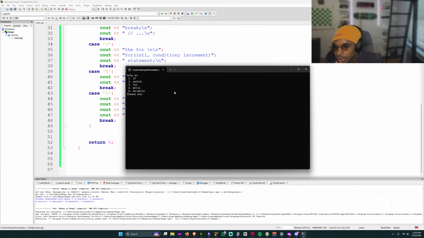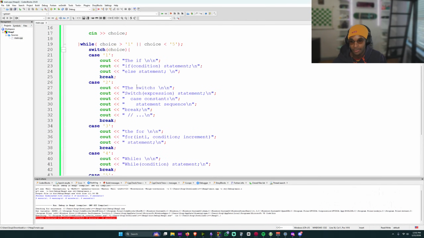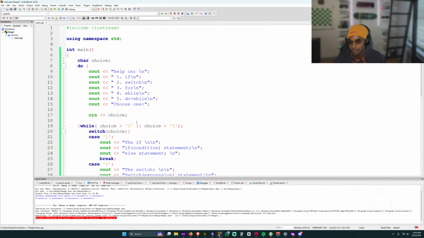We got an app. Okay, do you need help on the if, the switch, the for, or the while? Let's say we need help on the while, on the if statement. Okay, it doesn't work. What the hell? Okay, clearly this has to be wrong.